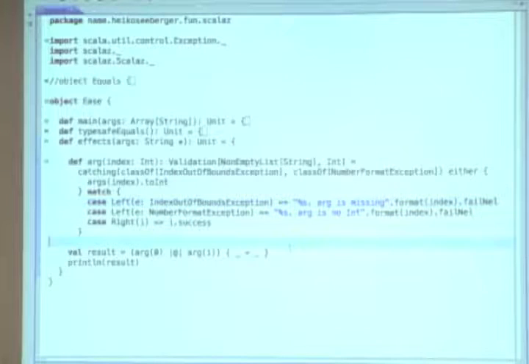So this applicative functor thing is really very useful if you have to deal with a lot of these effectful arguments or effectful computations that return an option or an either or a validation. So Scalaz has a lot of type class instances, for example, option, either, validation, and some other classes from the standard libraries.